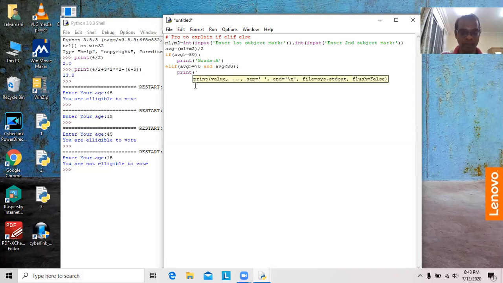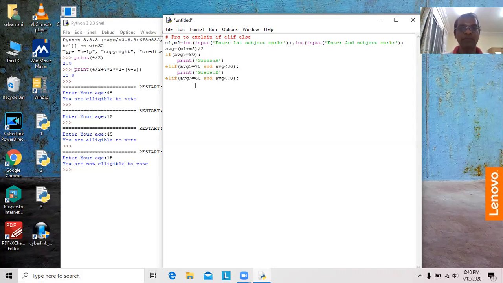Now grade B. Then once again else if. Now we have to check if the average lies between 60 and 70: AVG greater than or equal to 60 and AVG less than 70.